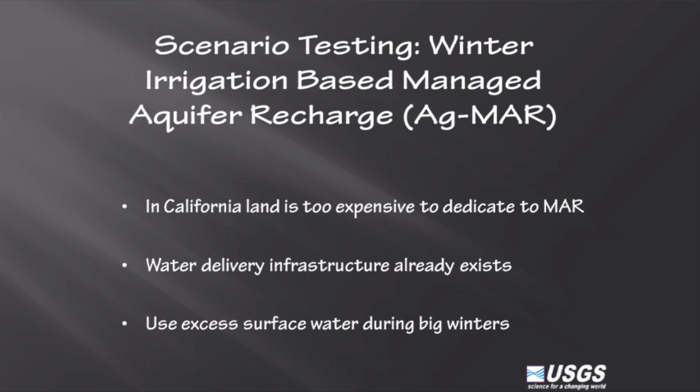But the problem becomes, how do we recharge aquifers? Land is so valuable in California, we can't afford to cover it in a bunch of ponds. And so the idea here is, why don't we use all of this agricultural land to recharge the aquifers? In the wintertime, when these lands are fallow, why don't we irrigate when the ET demand is low and recharge these aquifers? And we already know that this is happening already. There's a lot of recharge contributed by irrigation. So the idea here is, can we realize benefits in terms of water supply by irrigating in the winter?